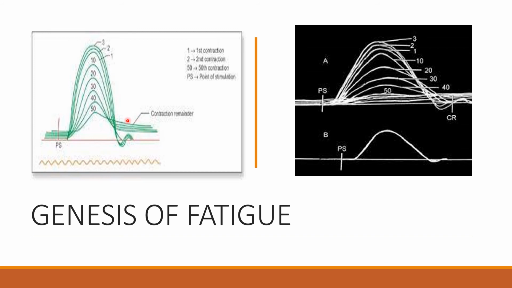This is called contracture. Okay, this is one of the important points in this graph. What does contracture mean? After the muscle is fatigued, the relaxation becomes incomplete and the muscle remains in a state of partial contraction. That is called contracture, and it occurs due to decrease in ATP content and accumulation of metabolites in the muscle.